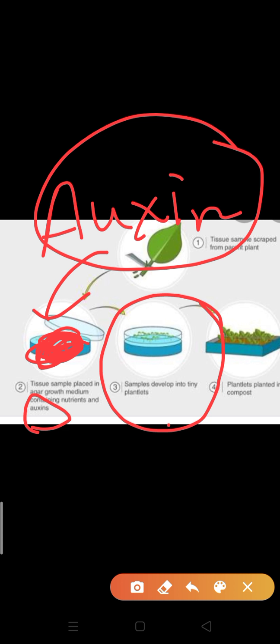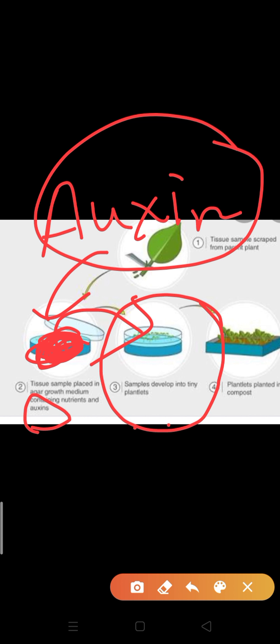Clear? The callus is then transferred into jelly, and the callus develops root and shoot. So first this callus has to be transferred to another petri dish. The callus with developed roots is then put on yet another jelly containing different hormones. The callus having root and shoot separates into tiny plantlets, and it forms a small plantlet.